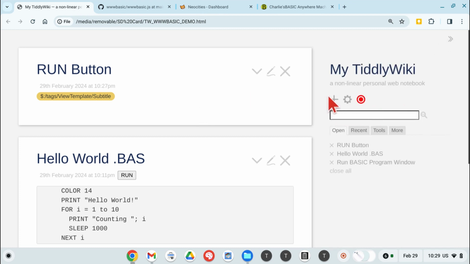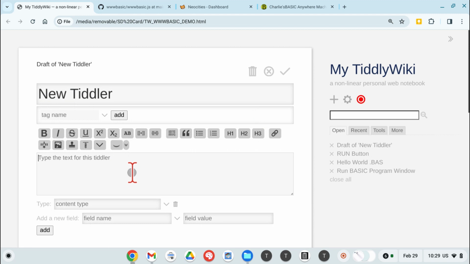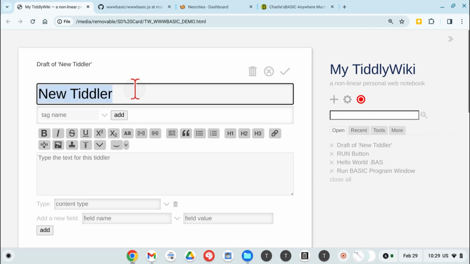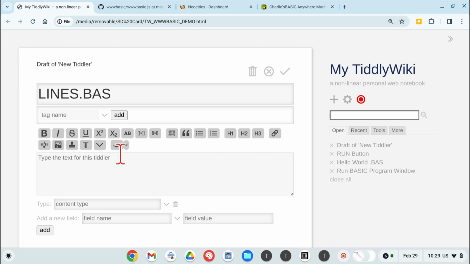Let's create a simple program called lines.bas, and let's create a little loop for x equals 0 to, I think it's 639, and next x, and let's do a little line from